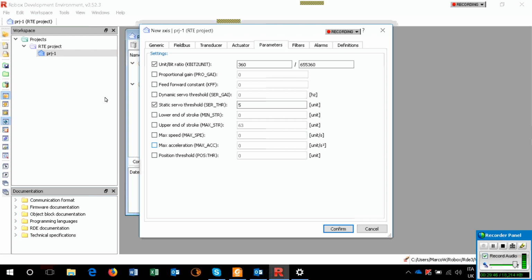Maximum acceleration, of course, is maximum acceleration. And this one is position threshold downward. Okay,